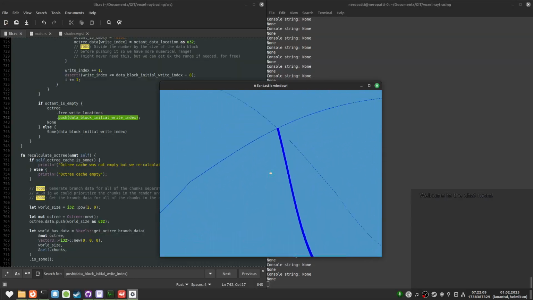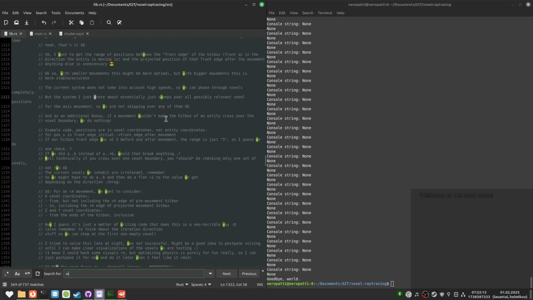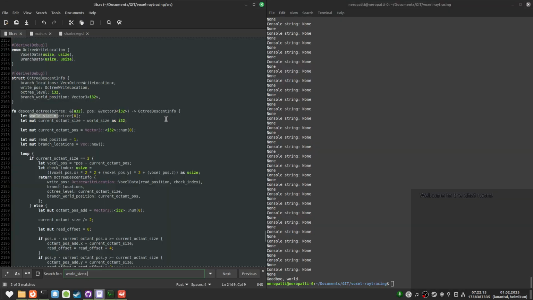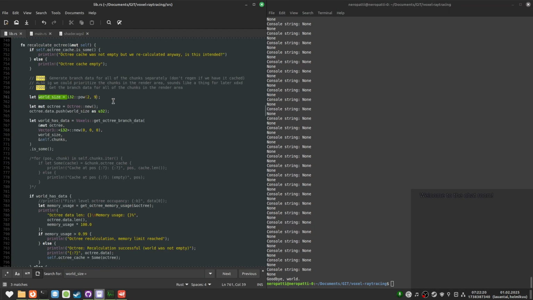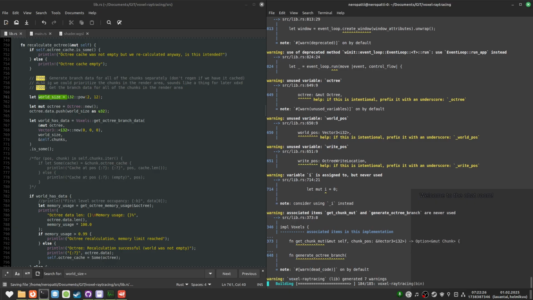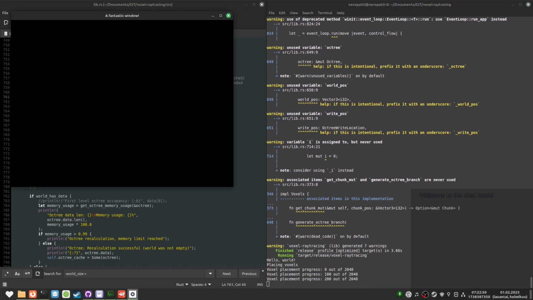Oh, this is not even the roof. Yeah. Let's make the world bigger. No, let's do 12. It will take a while to generate because of how the system currently works.